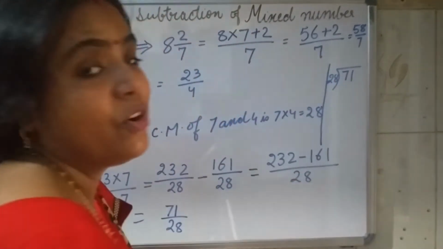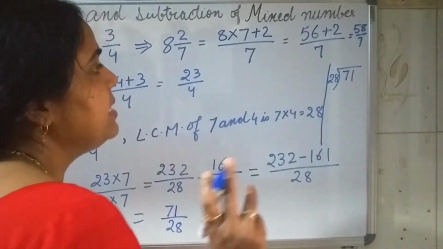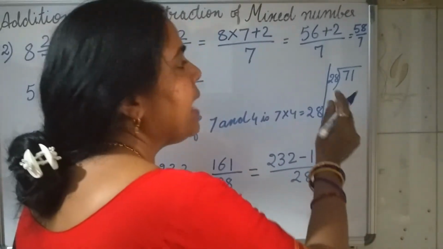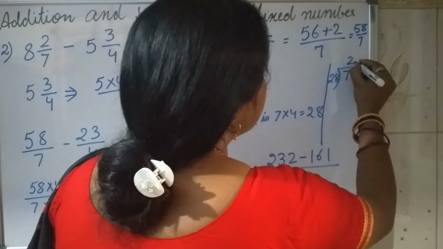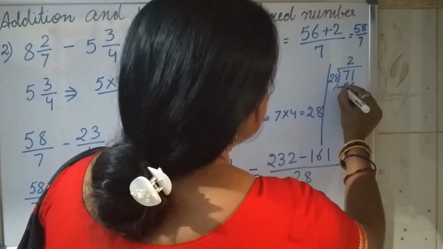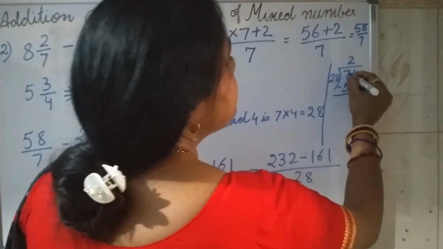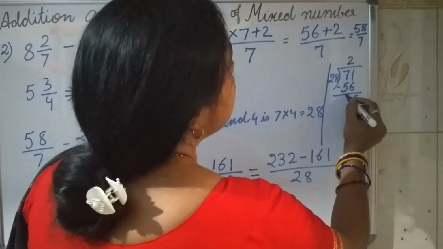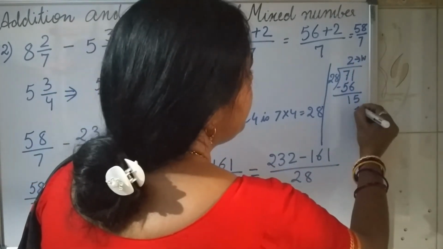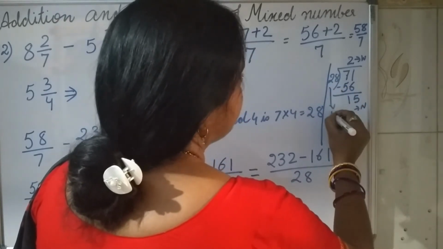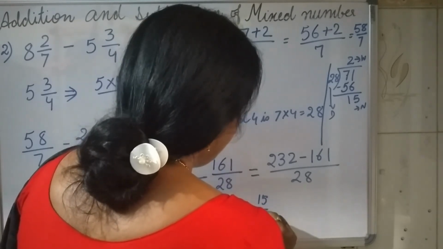If you do not know the table of 28, what I told you is you have to use the try and hit method, as when I was teaching you division. So we will try different numbers. I am taking 2 times because I know the table of 28. So 8 2s are 56. So 11 minus 6 is 5, and this 6 minus 5 is 1. So this is the whole number, this is the numerator, and this is the denominator. So the answer is 2 whole 15 upon 28.